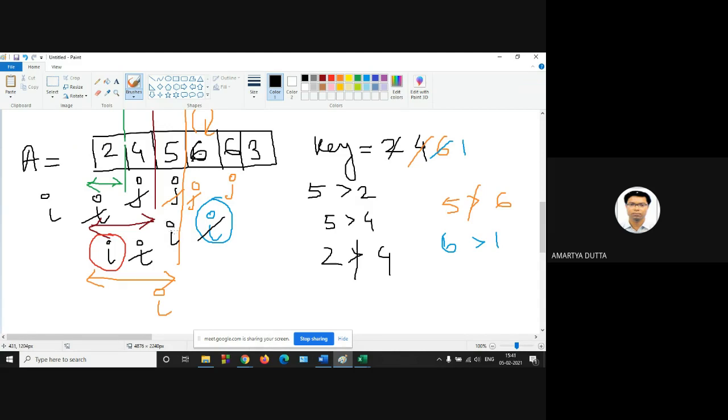Next, again, 5 is greater than 1, right? As 5 is greater than 1, first do this thing, that is 5 is copied.